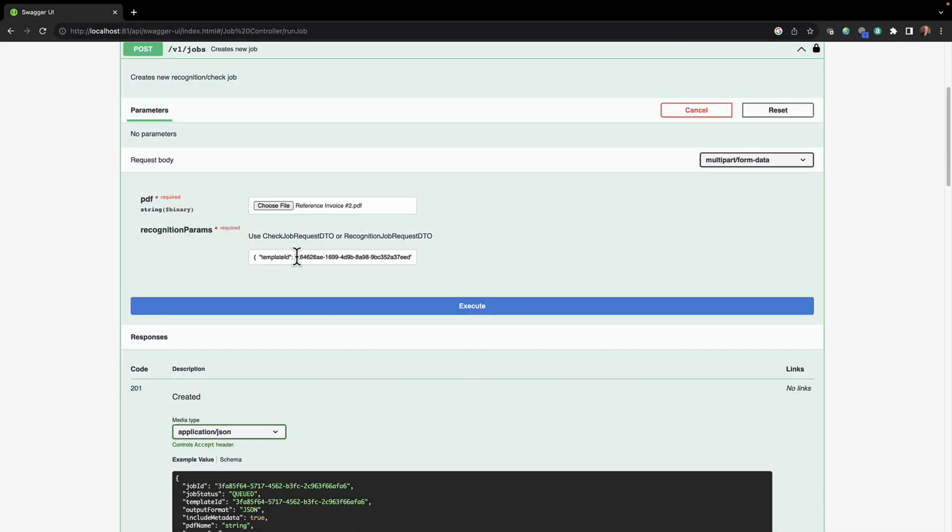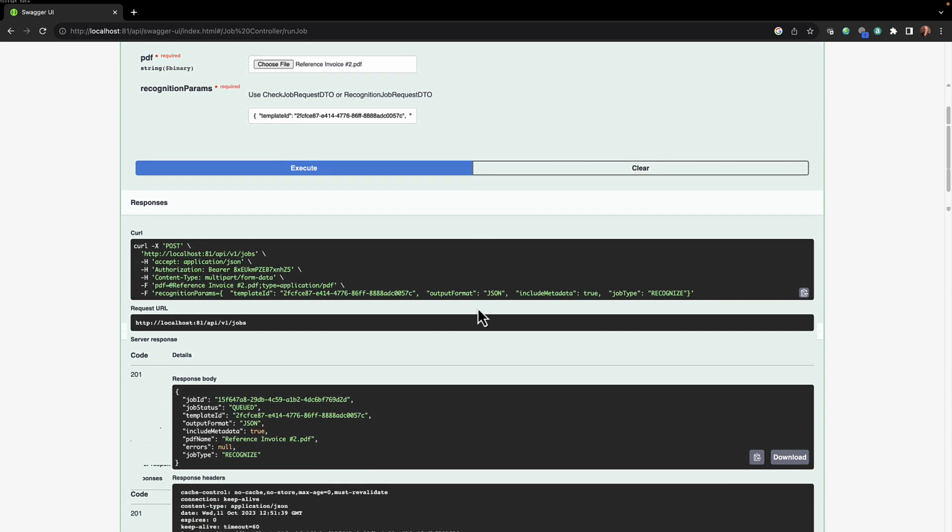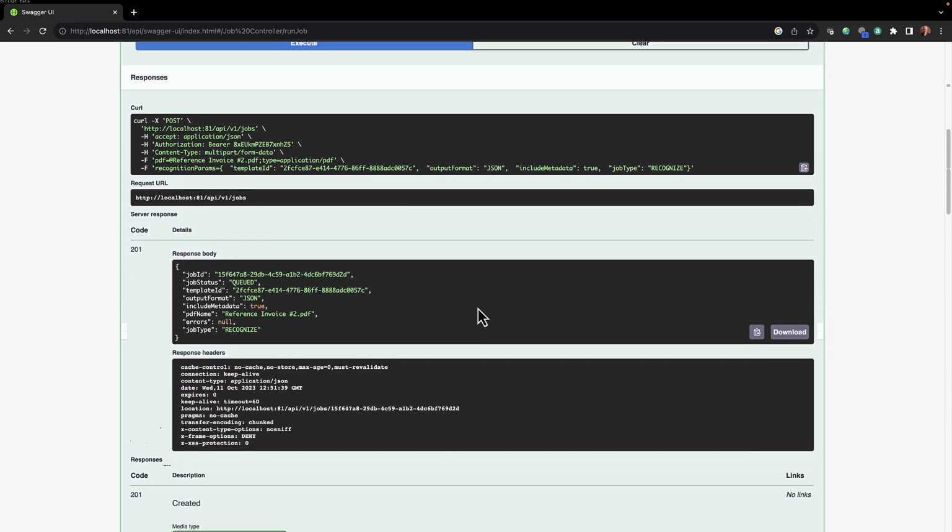And then part of this, if you recall, we copied a template ID to the clipboard, and I'm going to provide that here. I'm just going to paste that in, and we're going to execute this. And you can see that the response body is it created and executed our job. It gave it a job ID. And to get the results of this, I am going to take this ID and again copy this to the clipboard for our next step,